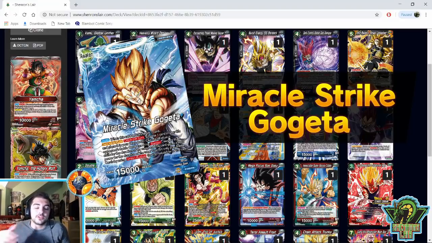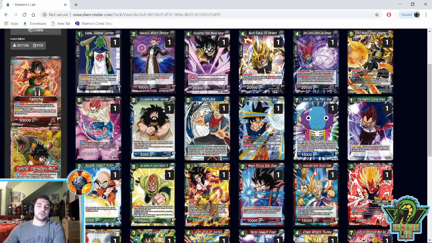So if we ever get into a format where barrier just starts to overwhelm everything, I actually believe that the movie leader and the Yamcha leader will be very, very good in those formats because they'll be able to actually deal with those boards. But with those 2 leaders out of the way, now we'll get into the main deck cards you can play